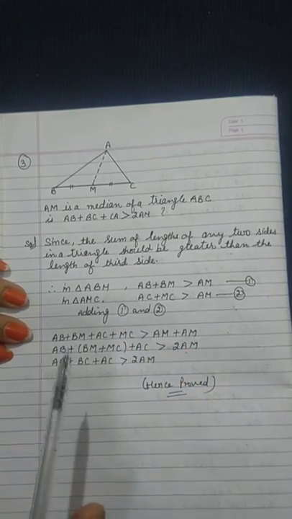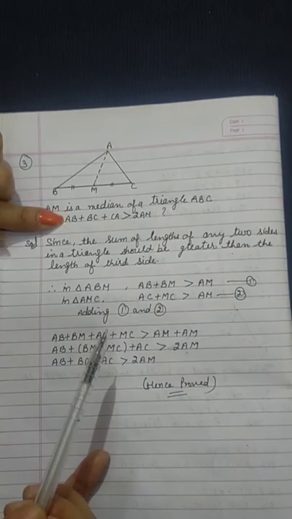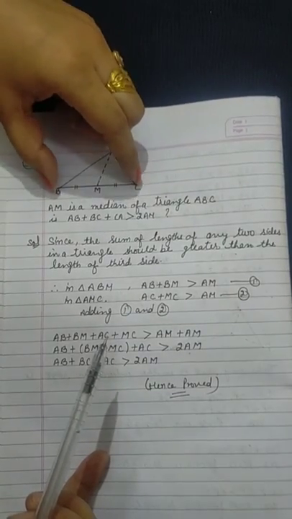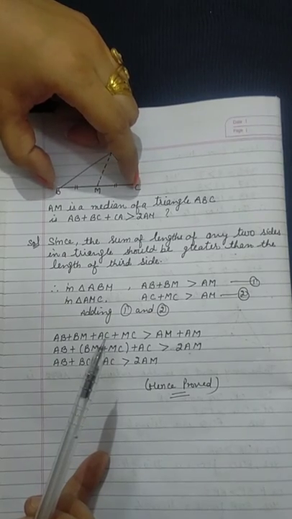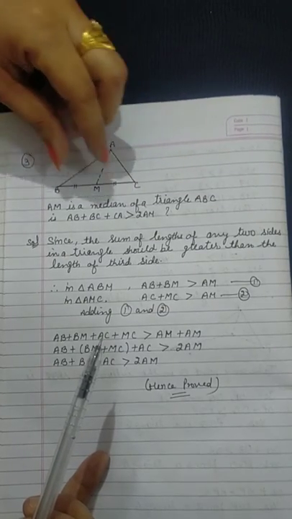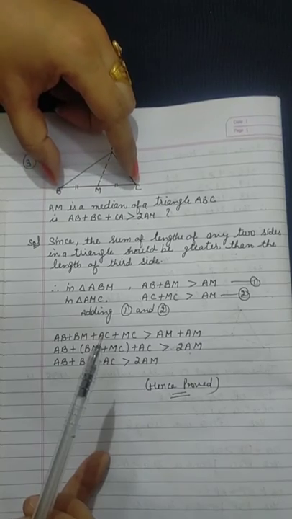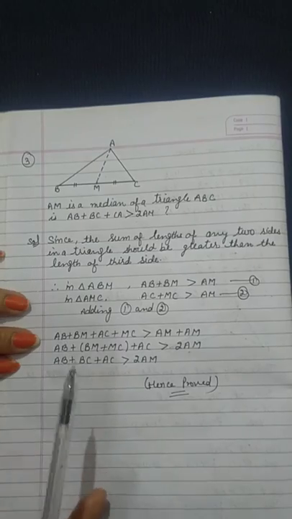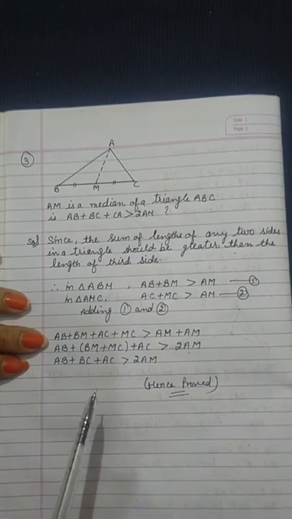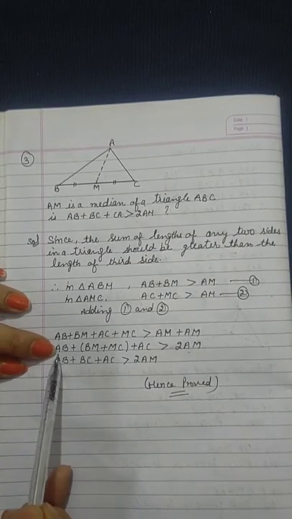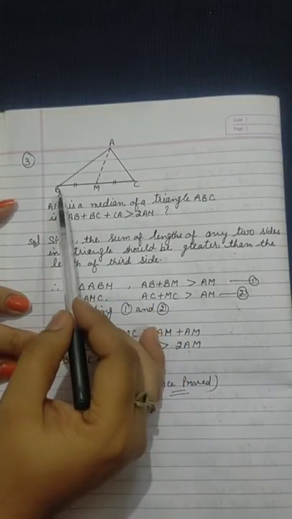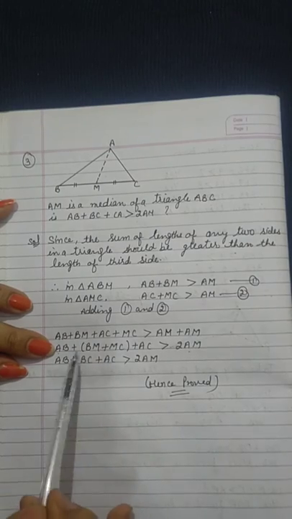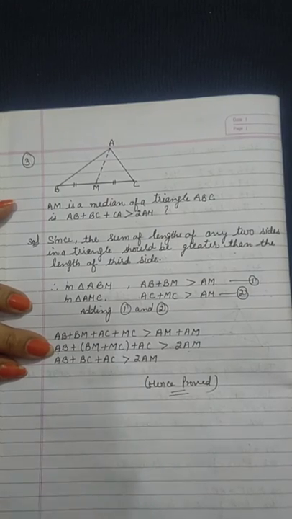Now I'll move to our left hand side. What I want is AB plus BC plus CA. Means AB plus BC, this one complete side. I am having BM and MC, so I will add both to make this BC here. And the third one CA, and we already have this side also. So see what we will do here? We will arrange it. AB as it is, and the other one is BC. For BC I want BM plus MC. So I will take BM and MC in one bracket, then plus AC as it is.